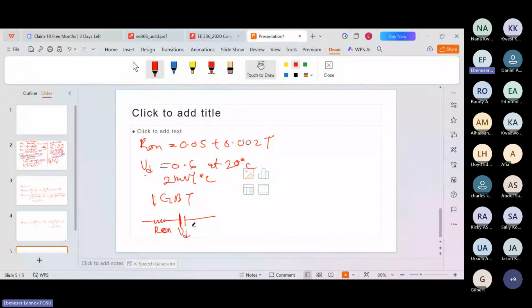So this is the on-state model of the IGBT. So if you are to calculate the power loss of the IGBT, it will be equal to IQ average times VD, which is already an average value, plus IQ RMS squared